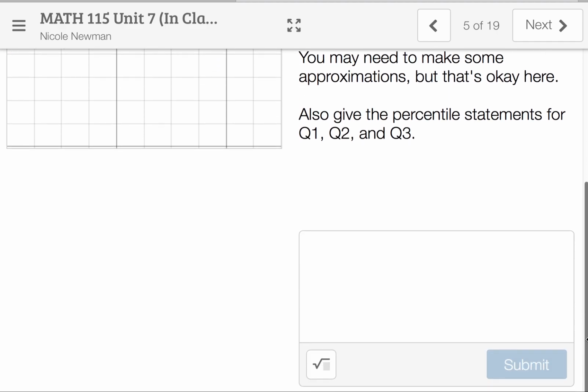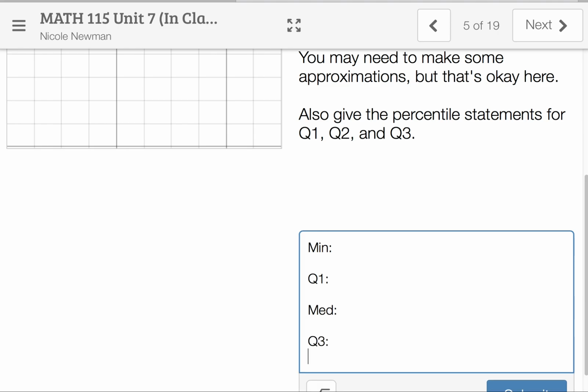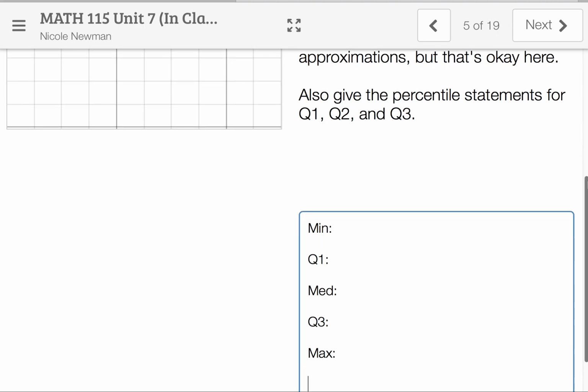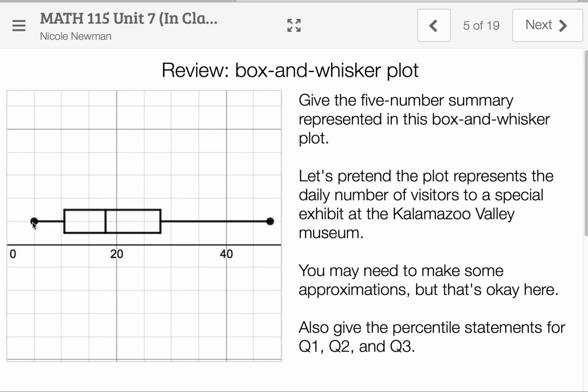So let's see, let's go make our 5-number summary. Let me just make kind of a format for this. Min, Q1, the median, Q3, and the max. And we'll put our statements under there when we get there. All right. If I click on the graph,